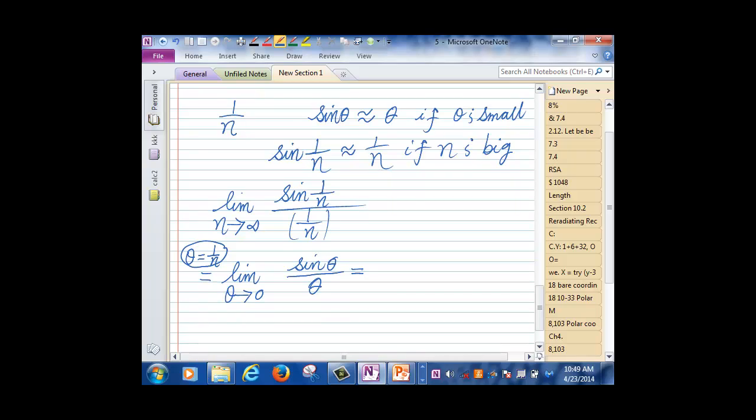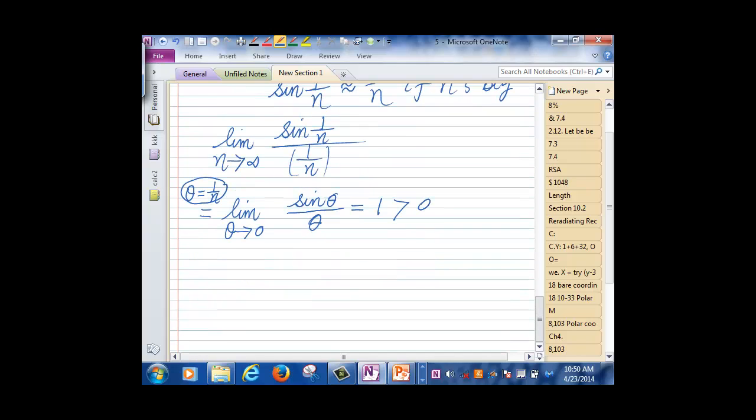Remember, this is the limit you used to find the derivative of the sine function in calculus 1. The limit of sine theta over theta as theta goes to 0 is 1, because remember what I said, when theta is small, sine theta is about the same as theta. So the ratio would be 1. So now I know that the limit of sine of 1 over n divided by 1 over n is 1, which is larger than 0. So by the comparison test,